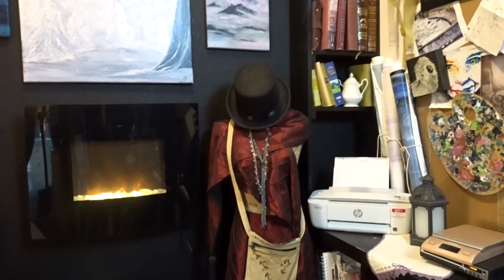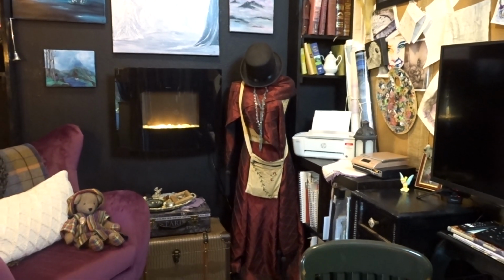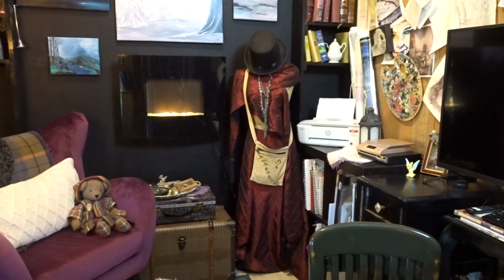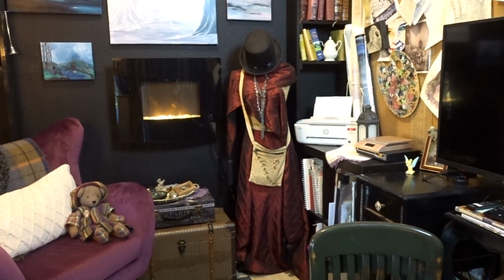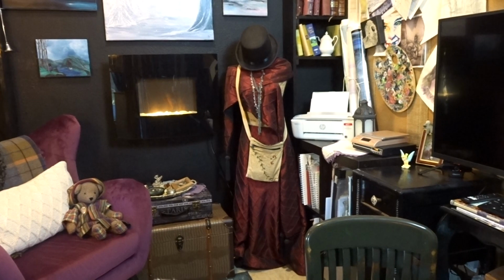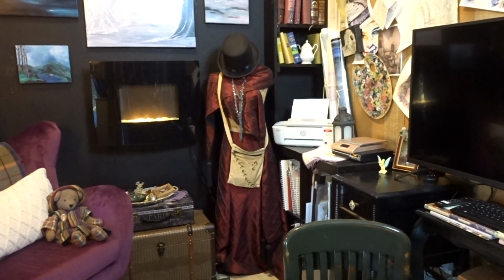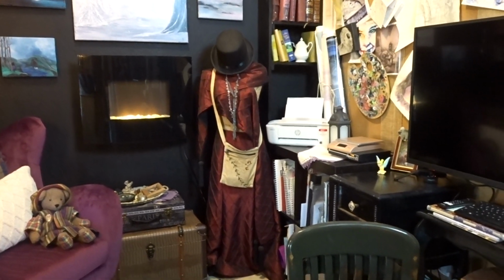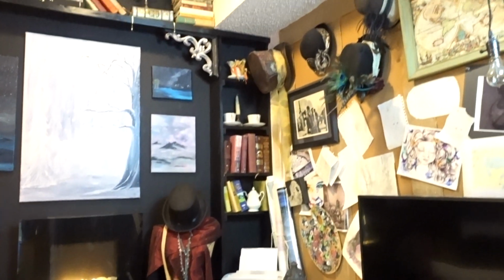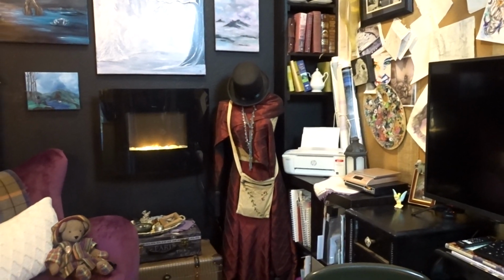Right here we've got my girl, and she's wearing that beautiful outfit that my mom made for me. I originally used it for a wedding, my little brother-in-law, when he got married. And then I've used it for special events and also for cosplay. It's a great skirt to go with the Alice in Wonderland hat up there to be a little bit nutty,